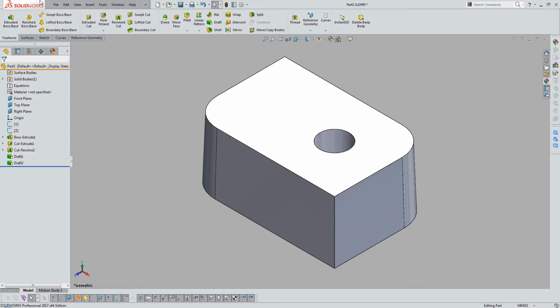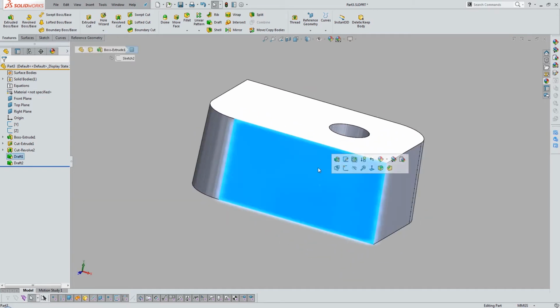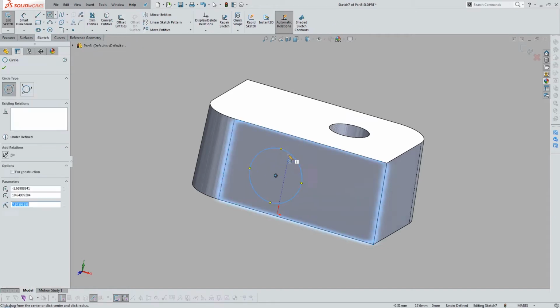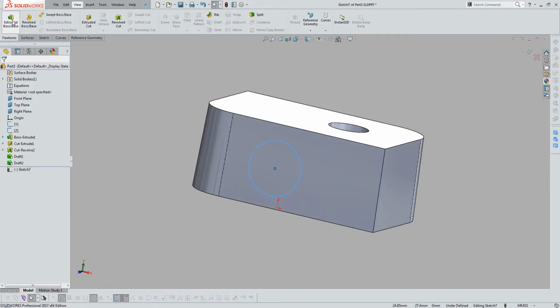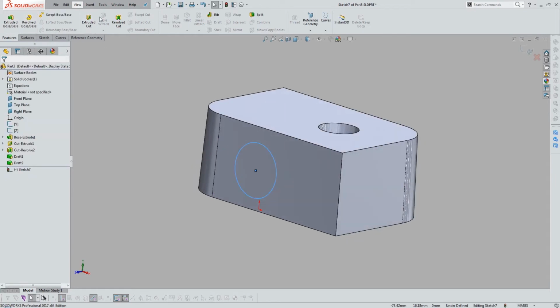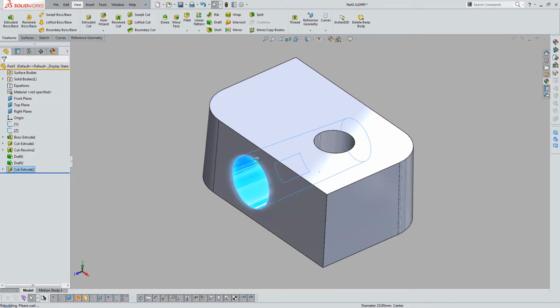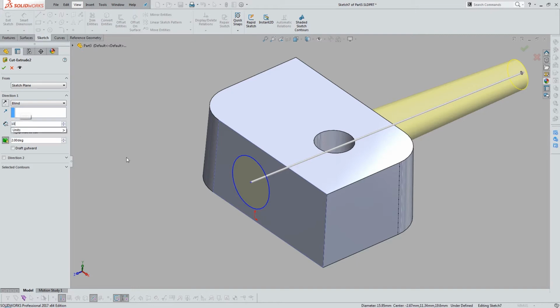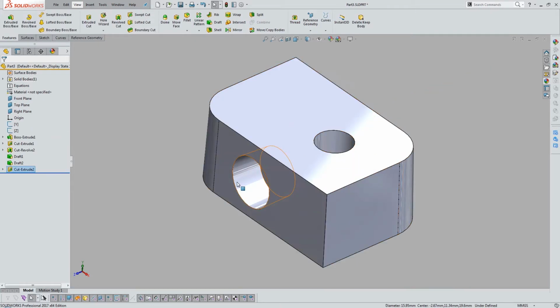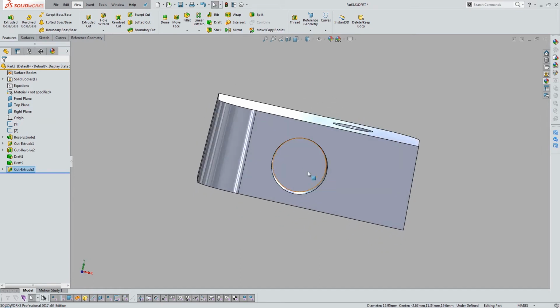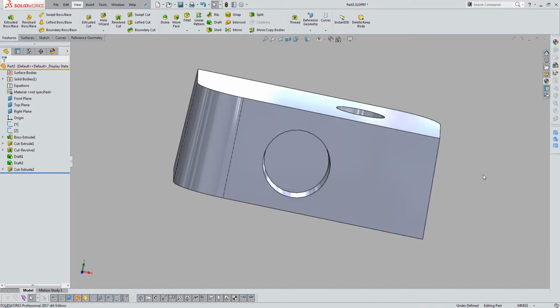Just because a face is drafted in a particular direction doesn't necessarily mean you'll be able to get it out of a mold. For example, if I happened to very sloppily and poorly draw a circle and cut into my mold, I could hit the draft check mark. That's fine. But logic will tell me, oh, hey, too much. Sorry about that. 10, thank you. Logic tells me that even though this surface is drafted, if I want to have a mold